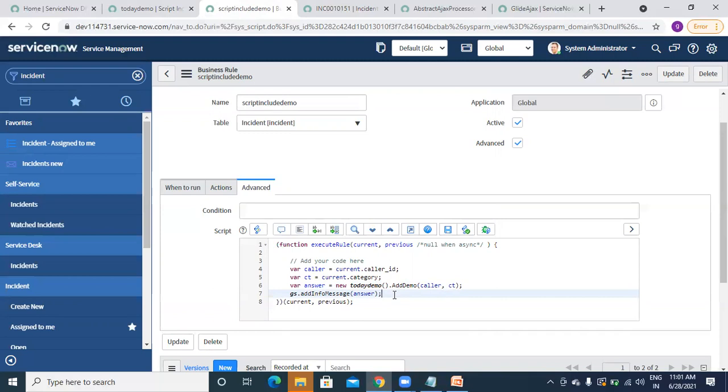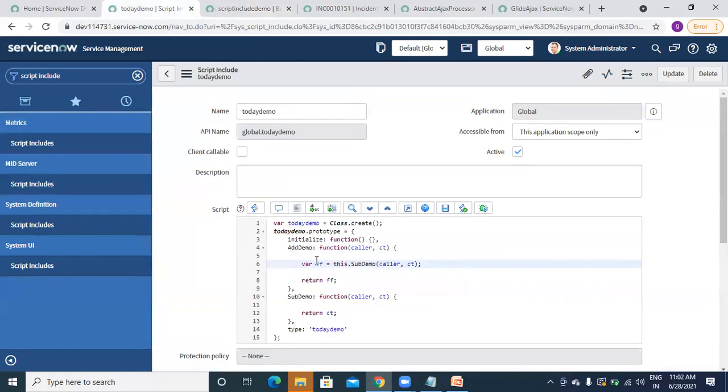And one more thing, like if your business rule, that code is around 200 300 lines, and you are going on adding multiple, like you have some glide record on incident, you have glide record on some problem table, you have glide record on change table inside same business rule. So it will be like heavy, right? So to break that, we will create script include, and from script include you will just call this one line, two lines. So instead of 200 300, your business rule will look better, it will be optimized, and it will be completed within 2 3 lines. So that is the purpose. Okay.